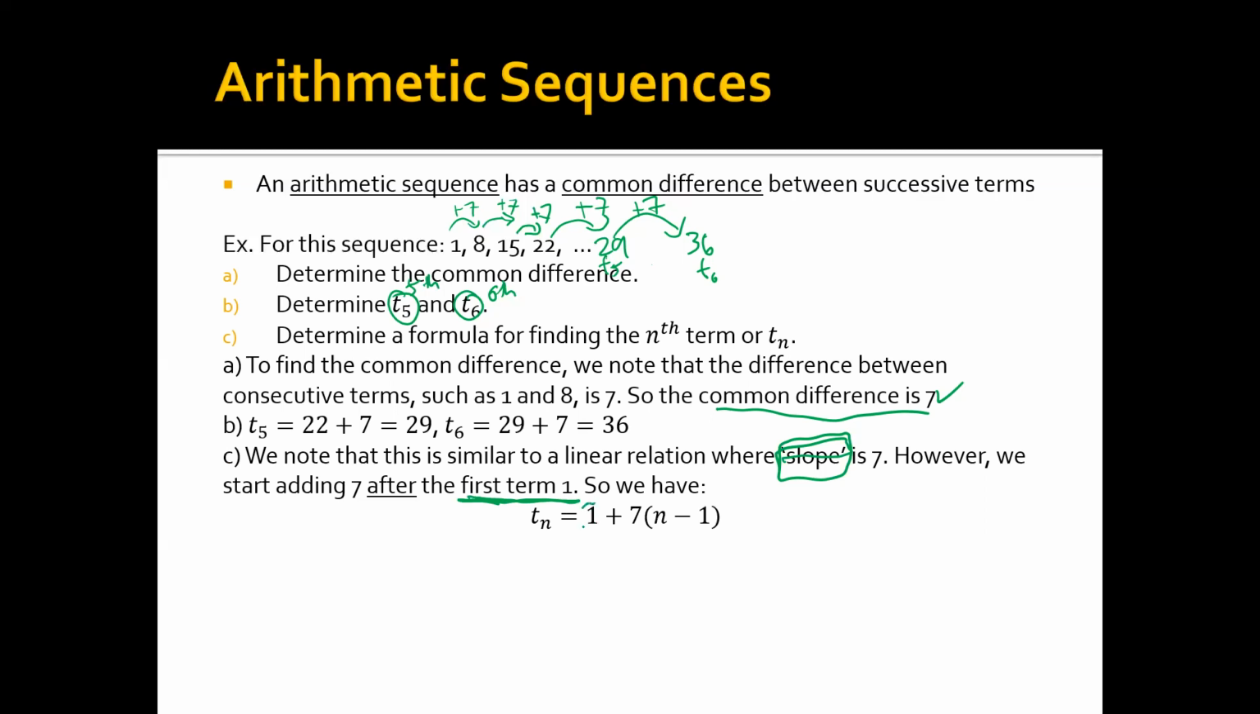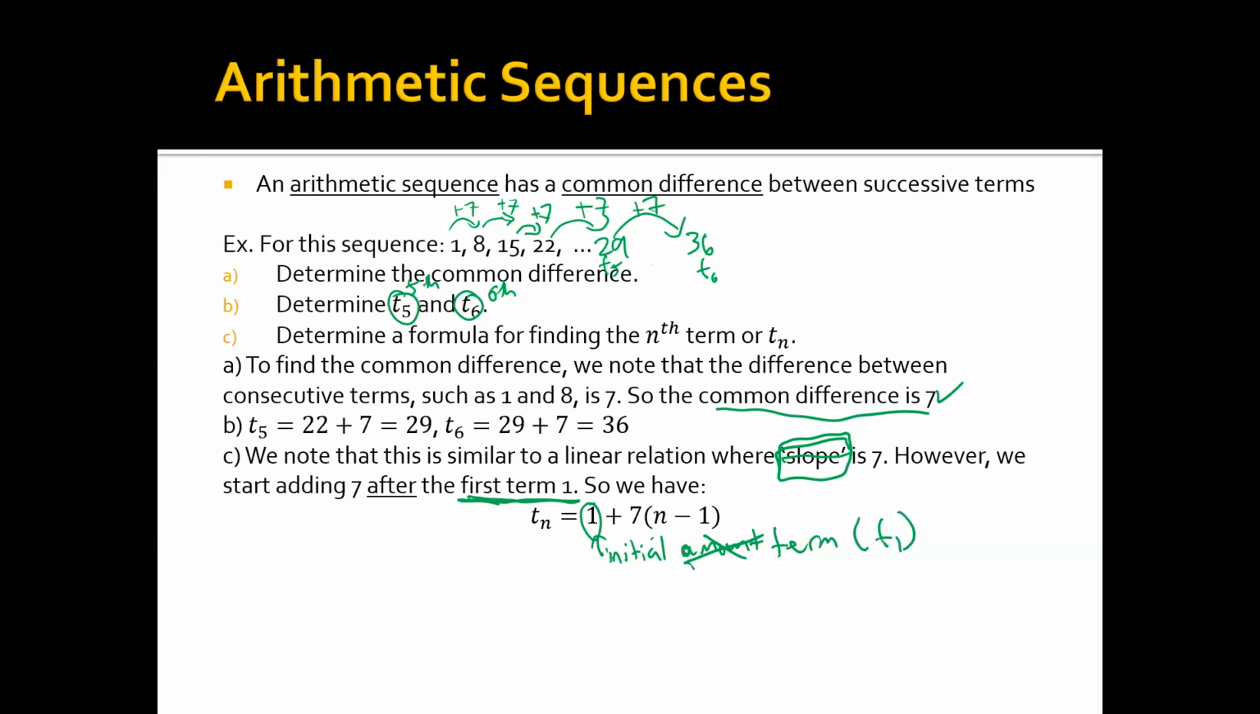We start by writing 1 because that's our initial amount that we start with, kind of like the y-intercept. It's similar to the y-intercept, but not quite. The only difference is that before, we would write 7x plus whatever the y-intercept is. Now we're switching the order. We put the initial amount at the beginning, and I don't want to say initial amount, I'll say the initial term,